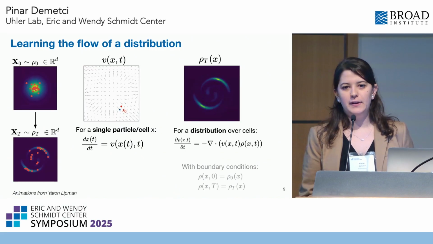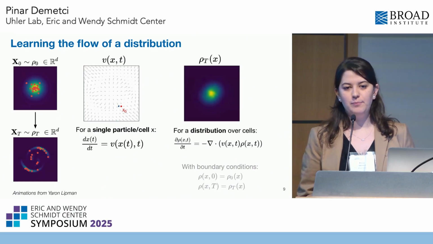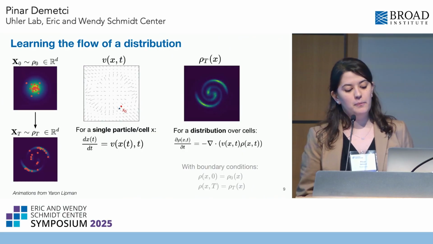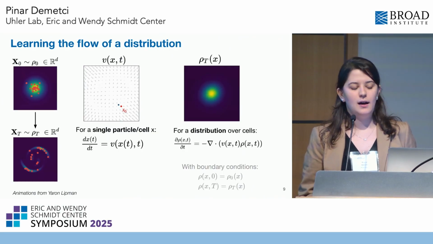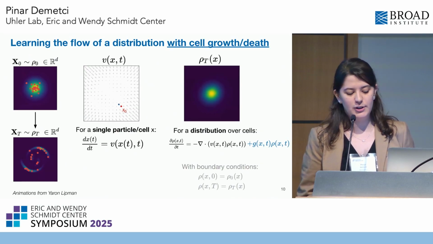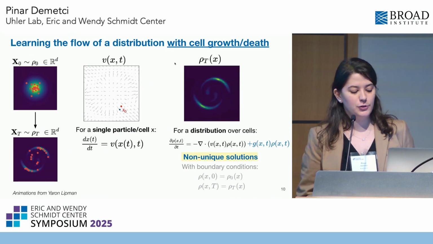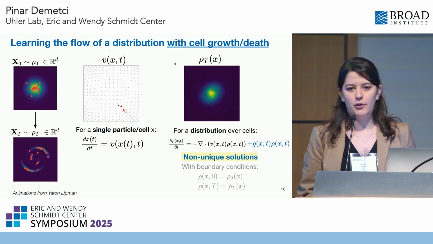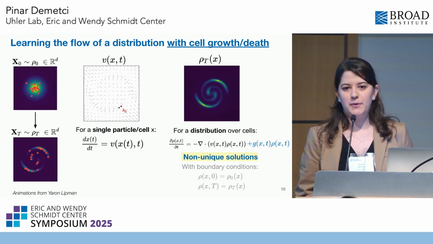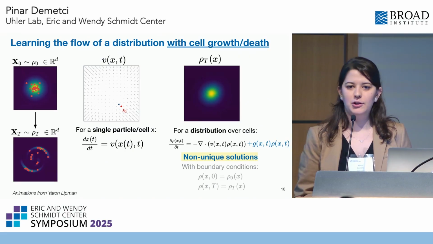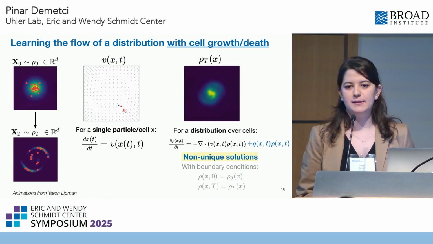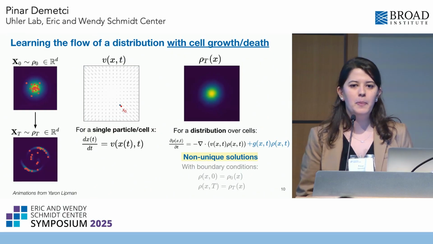And these velocity fields over individual samples also define a flow over the probability distributions. But we don't assume that this change in the gene expression is the only reason the gene expression will change. We will also incorporate a growth term. You could compute these growth terms from prior data, as in annotations of apoptosis and proliferation genes, and that actually helps with convergence. But we're not going to keep it static, and we're going to learn it in the